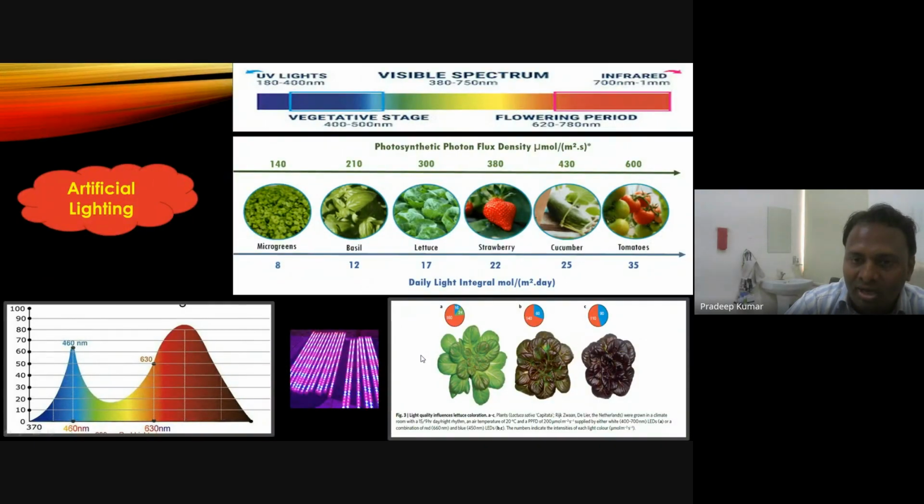This is just light composition affecting the quality of the produce, and this is in general given the DLI, the daily light integral, in mole per meter square per day. If it is microgreens, very little light. But if it is a crop like tomato and capsicum, then 35 DLI. And lettuce is around 15 to 18. Then basil, 12 to 15. So every crop, you cannot have the same light for everything. Maybe you have the same light, but the quantum of light required for each crop is different. Particularly green leafy vegetables require more, and when you want fruit, of course, they require more